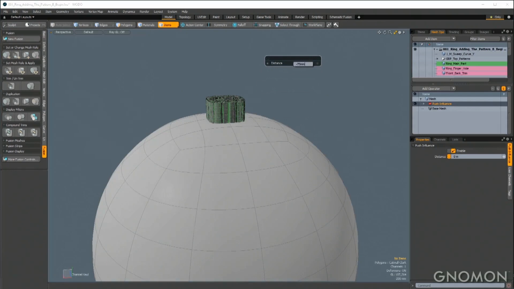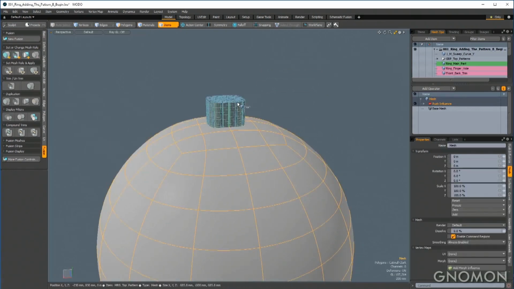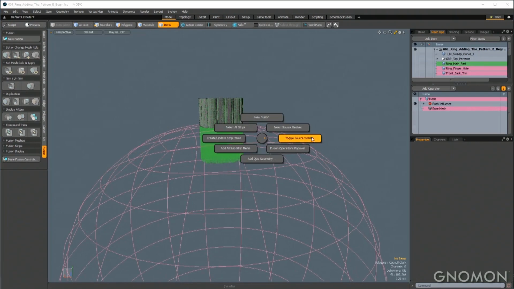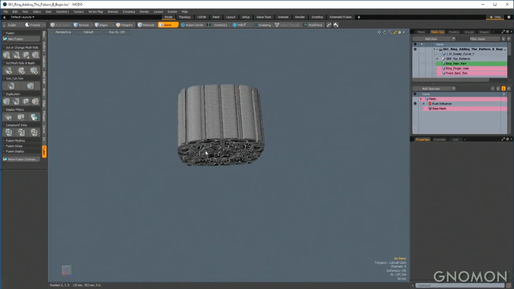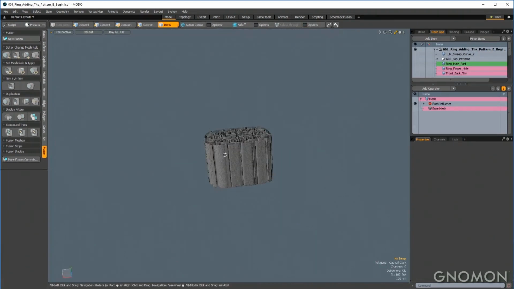And I'm just using a distance of negative 75 millimeters. And now that it's the size that I want, I'll left mouse button click and drag it onto the sweep geometry and apply subtraction. And by clearing the fusion source items, you can see that it caps the bottom, but it actually inherited some of that roundness from the sphere. Okay, so here's the fun part.